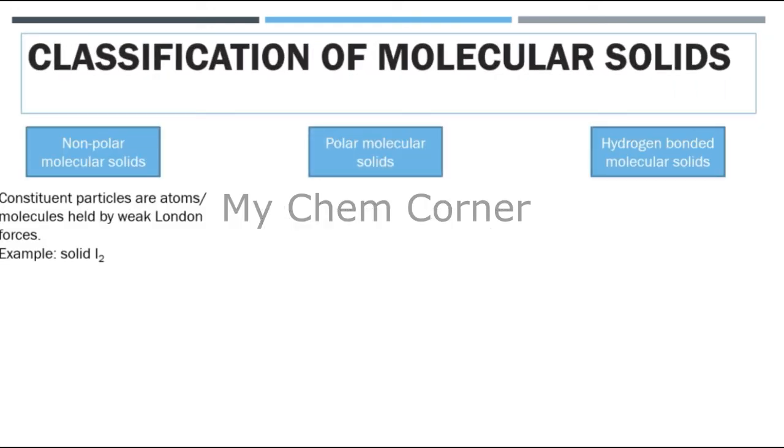So first one, you have non-polar molecular solids. Under this, the constituent particles are atoms or molecules which are held by weak London forces. That is for non-polar molecular solids. Example is solid iodine. If you are looking at polar molecular solids, you want to form a molecule which is